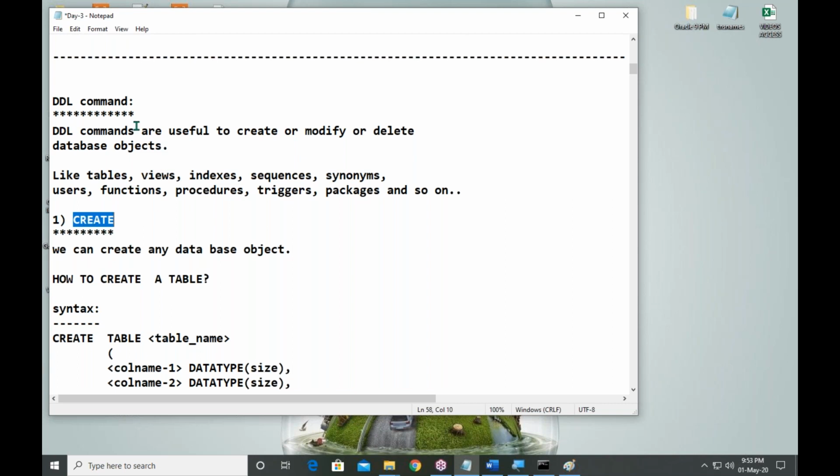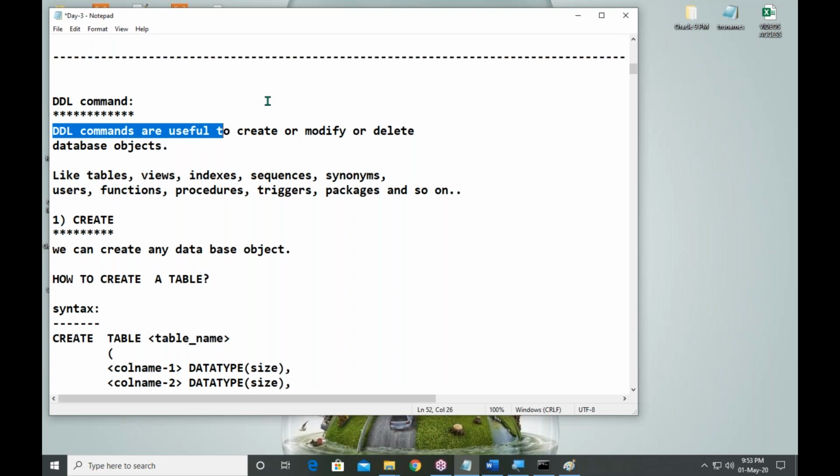See, create comes under which category? DDL. DDL commands are useful to create objects, to destroy objects, which means delete, and to modify objects. Sir, what are the objects?